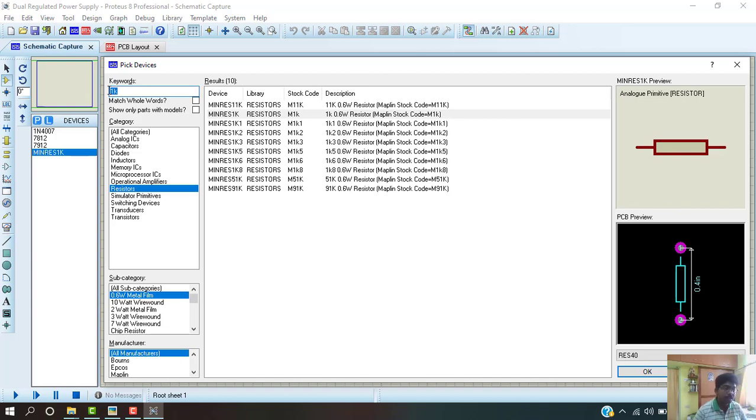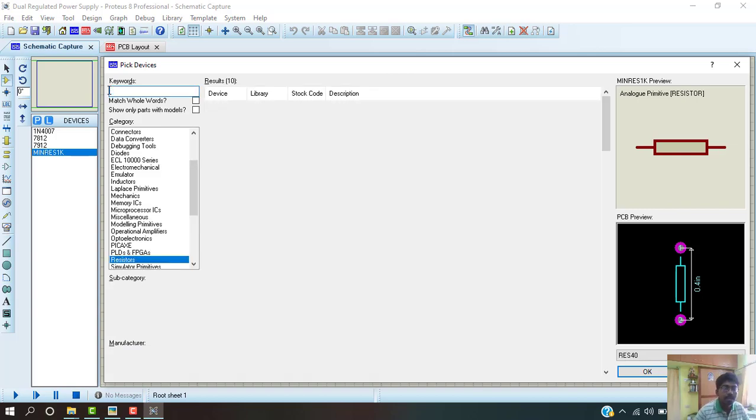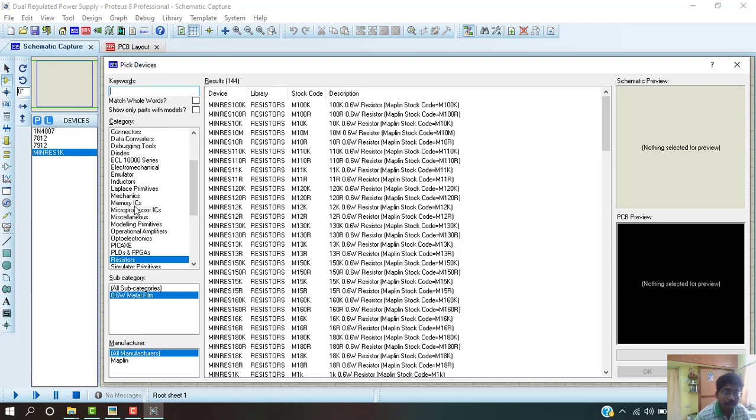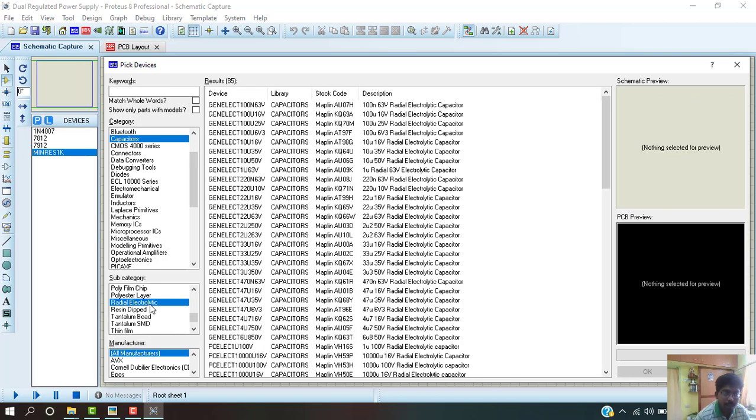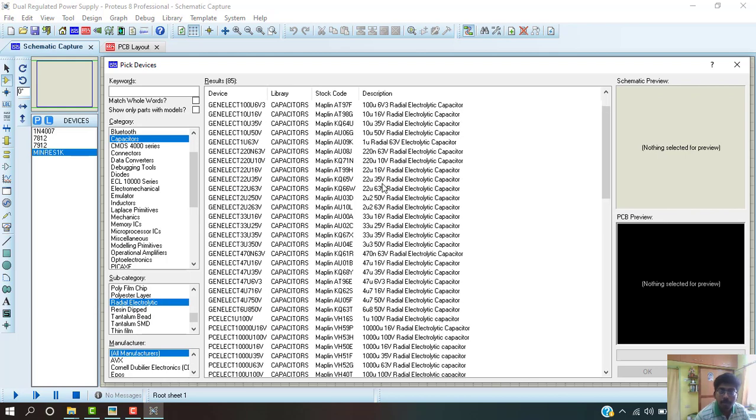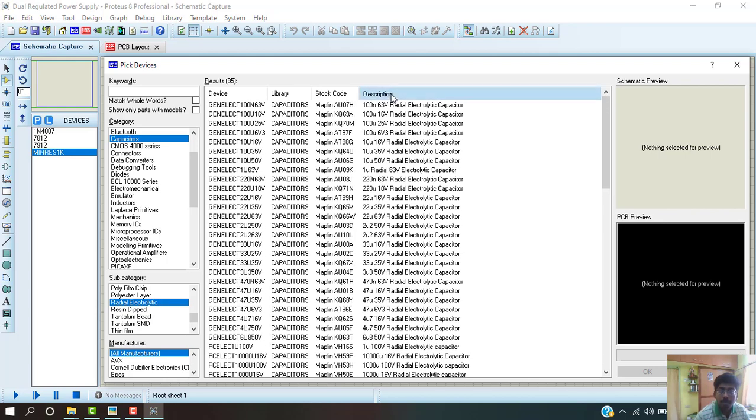Then we are going to select capacitors. Search for the capacitors in the category. Now select the capacitors from there and we are going to select a radial electrolytic capacitor. Search in the subcategory, select radial electrolytic, and then here you can sort it by descriptions.